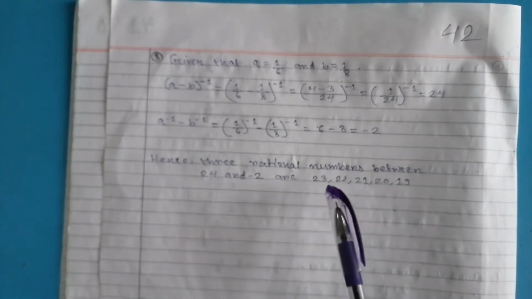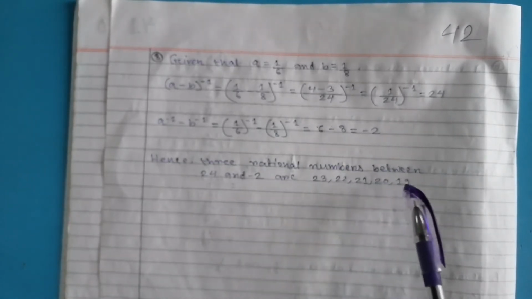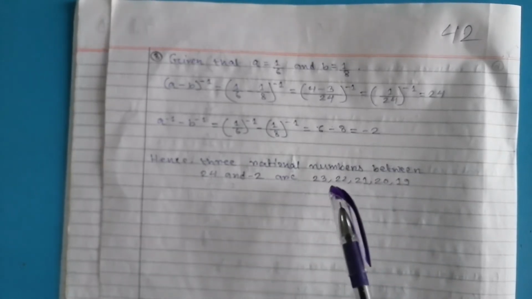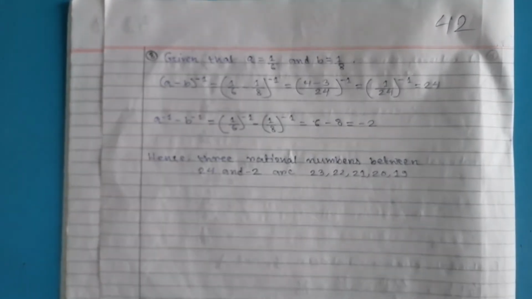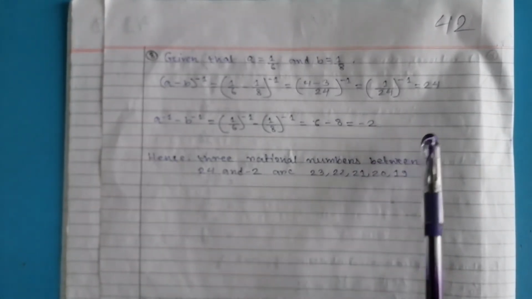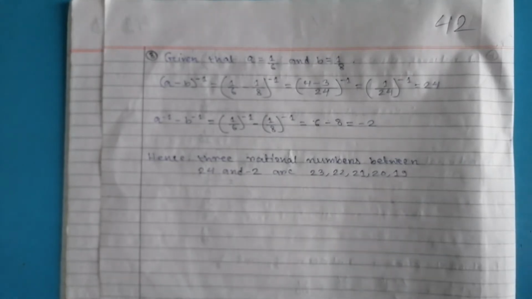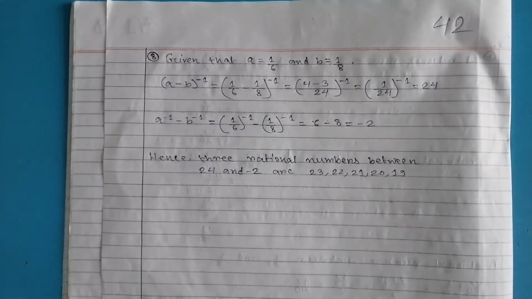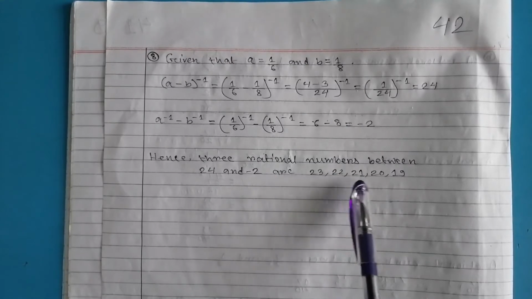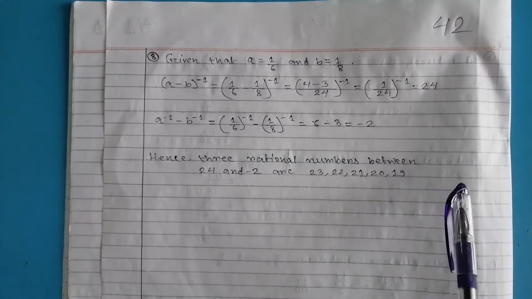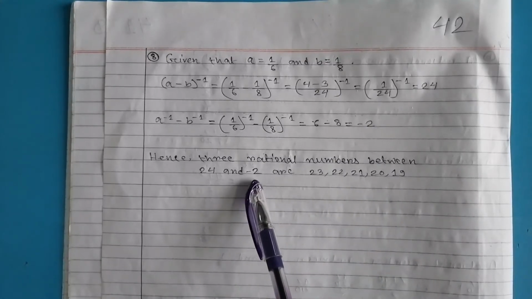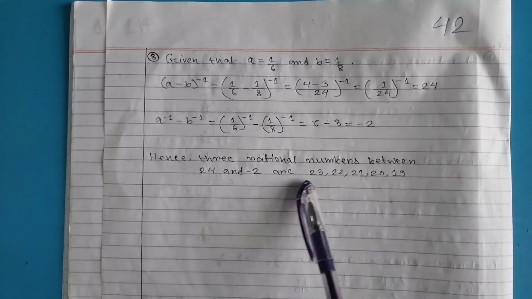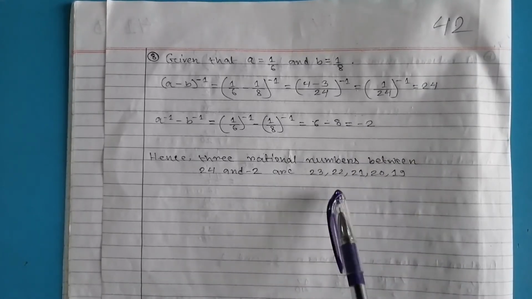So you can choose any rational number, that is 23, 22, 21, 20 and 19. Okay, you can choose any rational number between them. I have taken this 5, but you can take any rational number between them. We can take 10, 7, 8, 9, 5, 4, 3, 2, 1 up to minus 2. Between this, up to minus 1, you can take any rational number. So these are the 5 rational numbers I have taken. You can take any rational number.